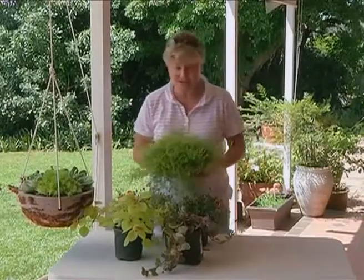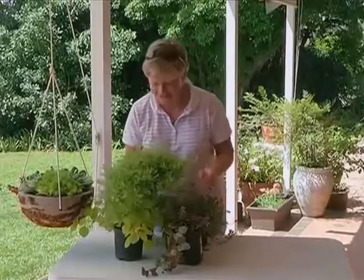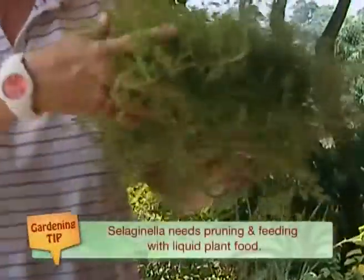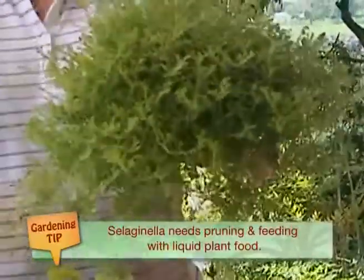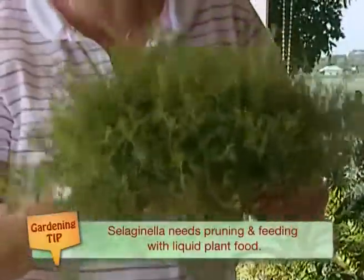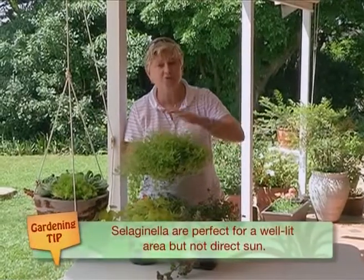And you know, if you're one of those impatient gardeners and you want that instant look, you grab one of these, pop it in your hanging basket. Looks like it's been there for years. It's a good option. When it starts getting a bit too long, all you've got to do is give it a bit of a pruning. Remember to feed it with some liquid pot plant food, and you're good to go. So this is for a well-lit area, as long as it's light, no direct sun, or into quite a shaded